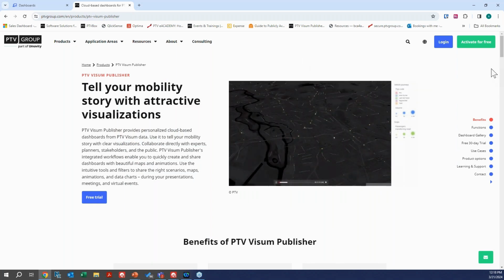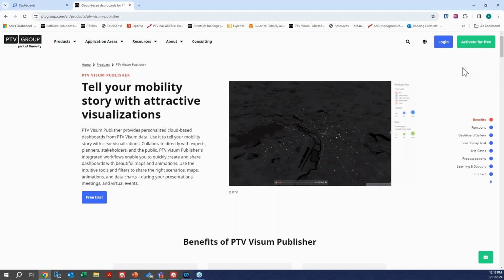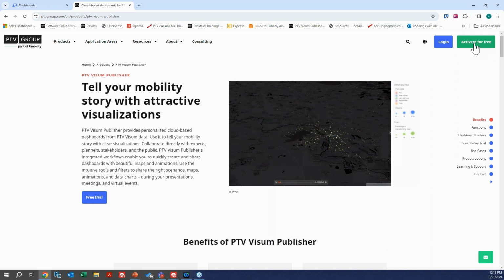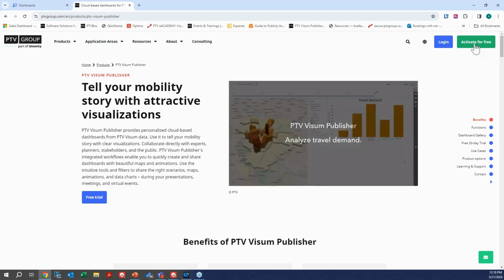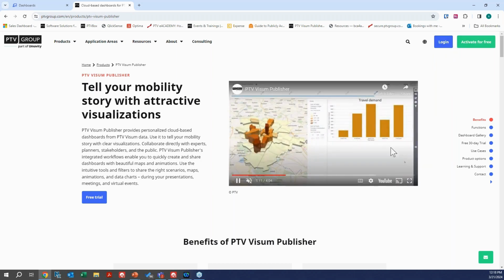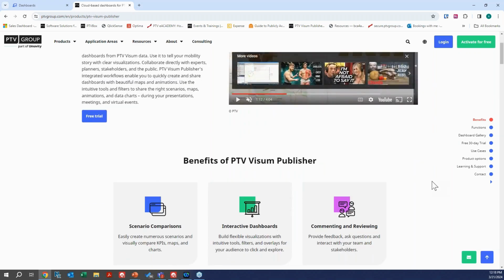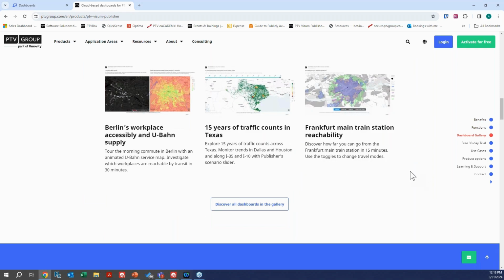First, you do have the option to do a 30-day trial. So if you're a current Resume user and want to give this a try, you certainly have the option to do that. If you hit activate for free, it's going to take you to the sign up page. You can activate your 30-day trial, or if you have an account already, a subscription, you can log in here. A couple other interesting things you may find on this webpage, if I scroll down, we do have